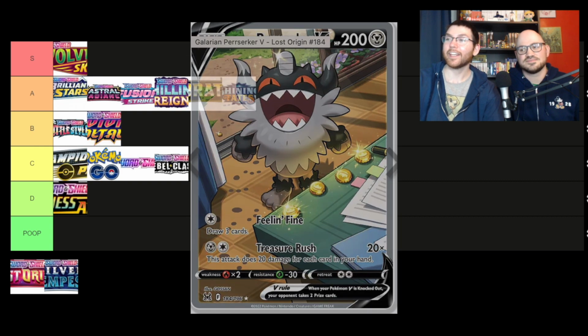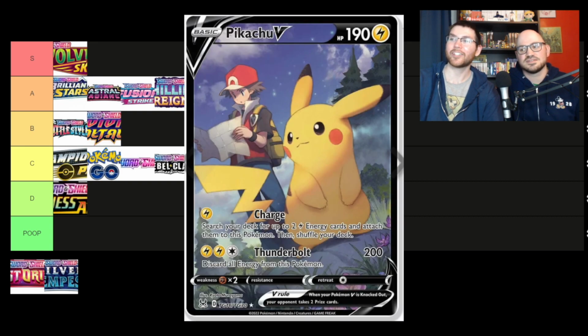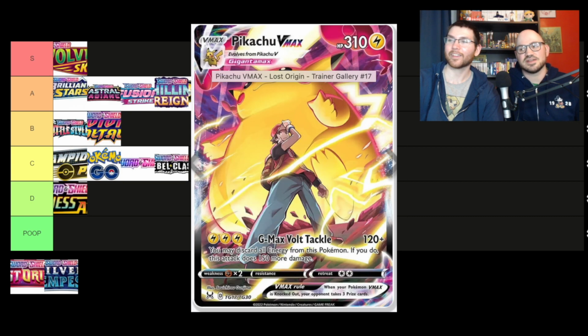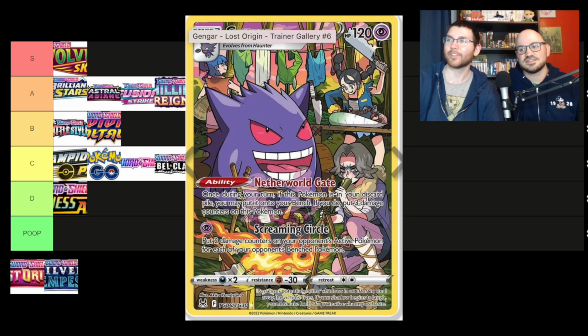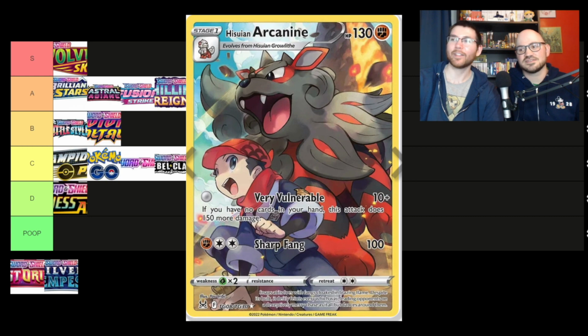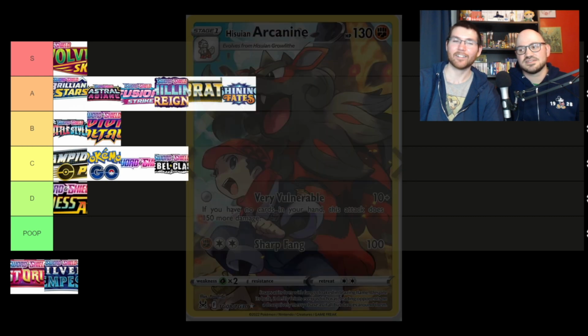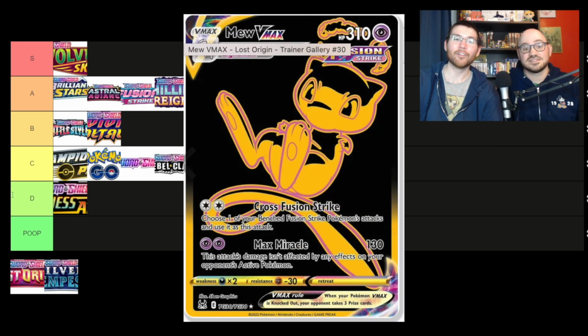The thing is, though, the trainer gallery is pretty strong with the two Pikachus. Yeah, true. The red with the Pikachu. Oh, and you also get the Gengar. So it may have potentially the Hisuian Arcanine. It may have the best trainer gallery of all the trainer gallery sets, potentially. Yeah, the two gold cards. So I don't know if it does hit S, but maybe...